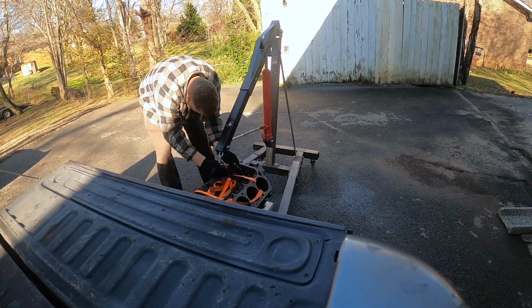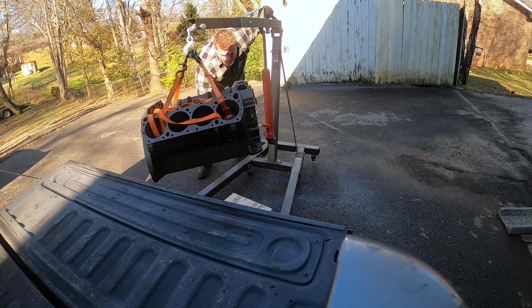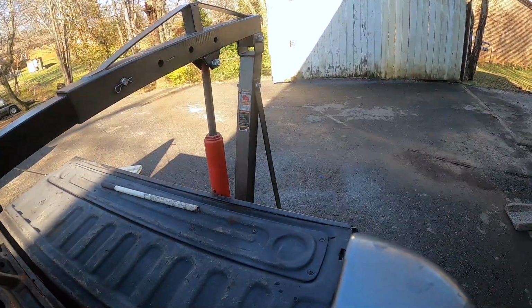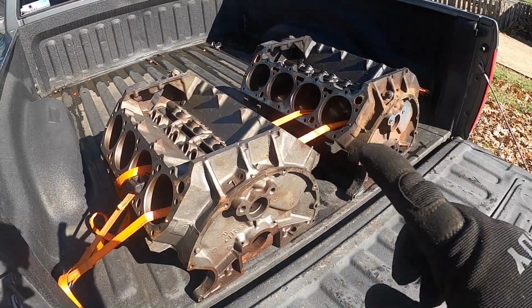We also have the engine block for Marsha over at the engine shop getting machined. We also have the crank that we got with it. We've got a whole bunch of other projects cooking up. Interesting note, guys, if you're curious,